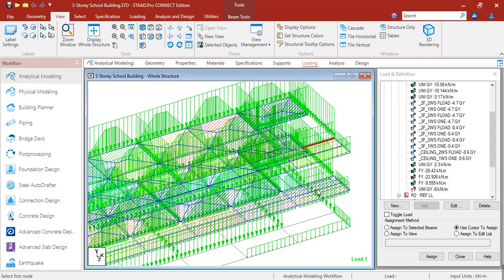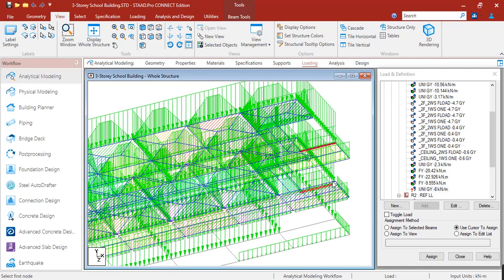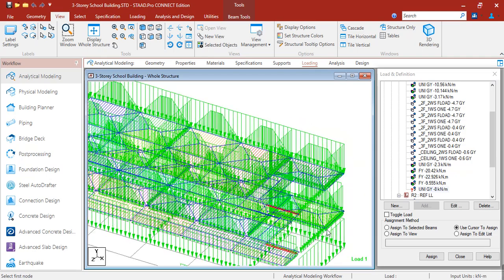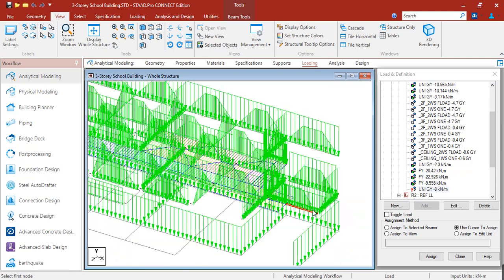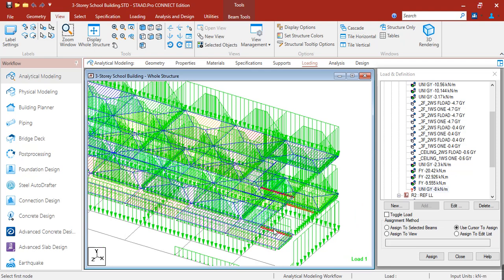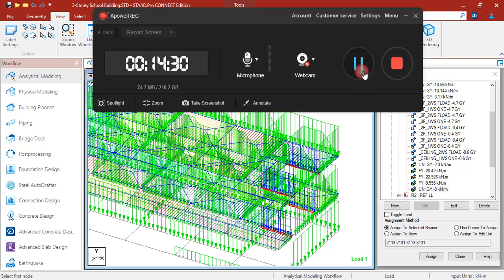Okay, so here, and the beam below. Or for more conservative, let's just apply it also for these beams. Okay, so assign it to negative 8, then assign to selected beams. Okay, so this is now the dead load for the stairs.